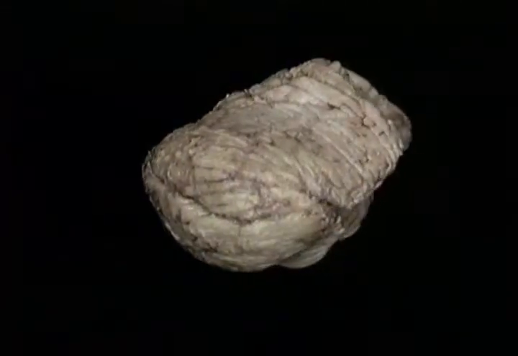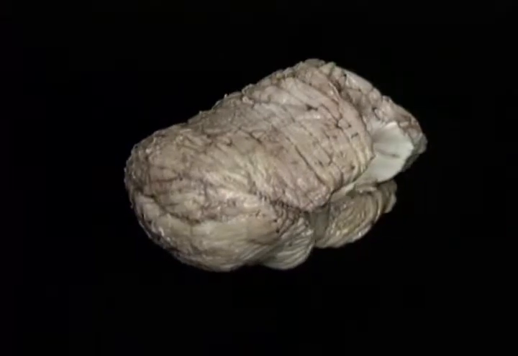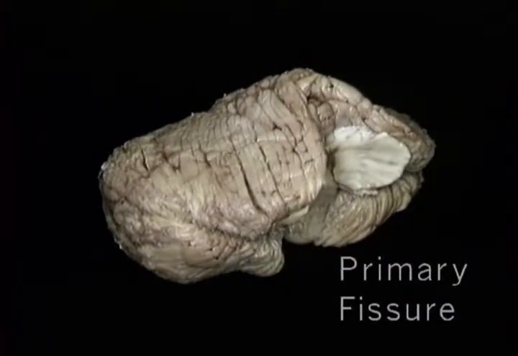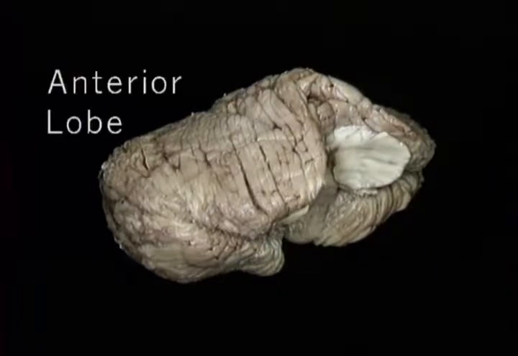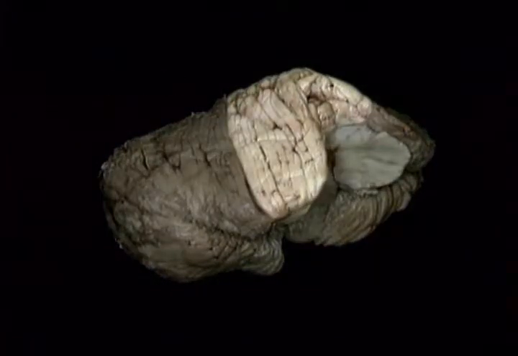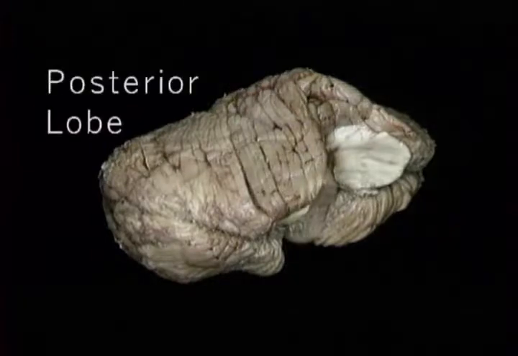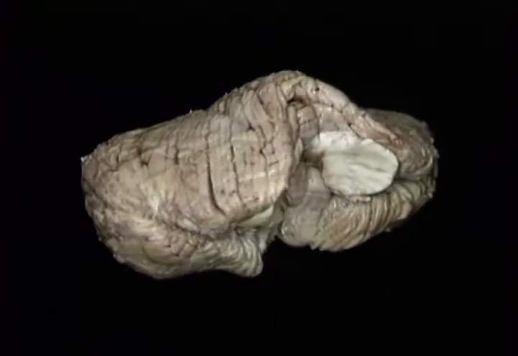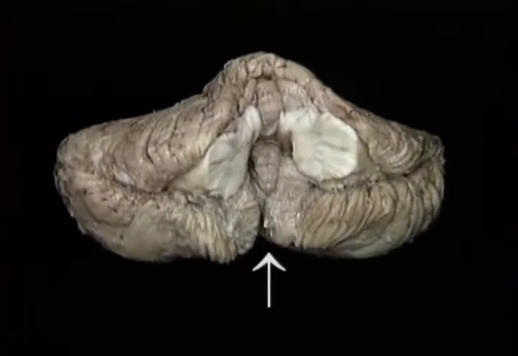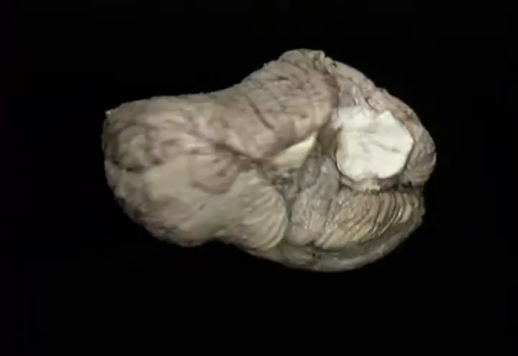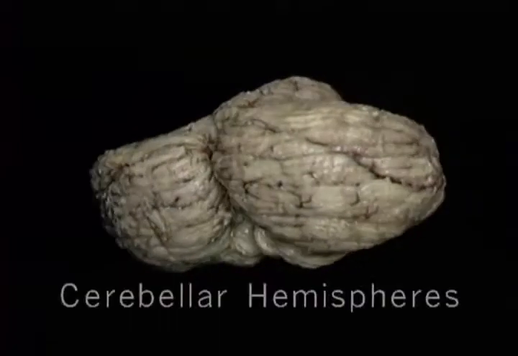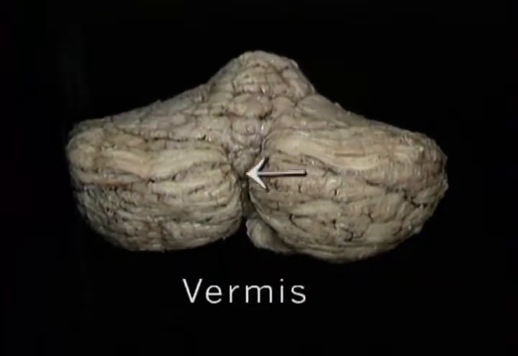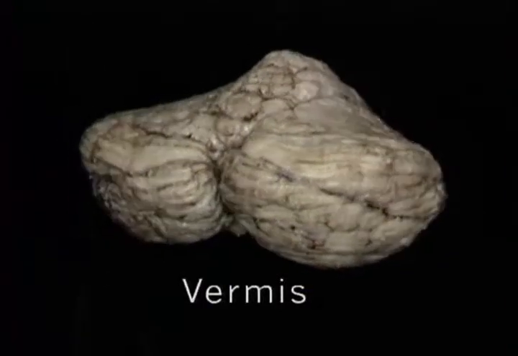The surface of the cerebellum is marked by many parallel fissures, some deeper than others. This deep primary fissure divides the cerebellum into a small anterior lobe and a large posterior lobe. A deep groove on the underside partially divides the cerebellum into two hemispheres. These are joined by this midline mass, the vermis, which extends all the way round from the top